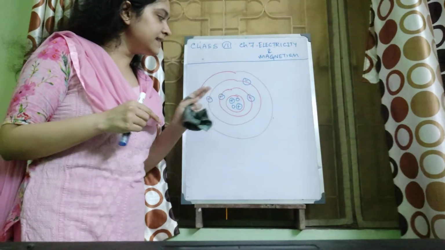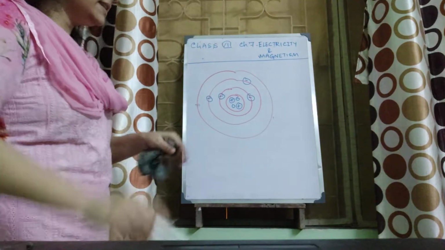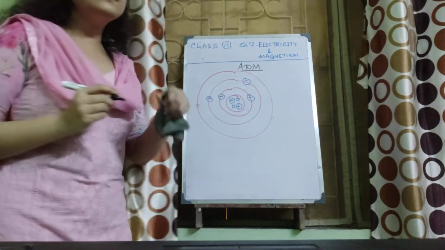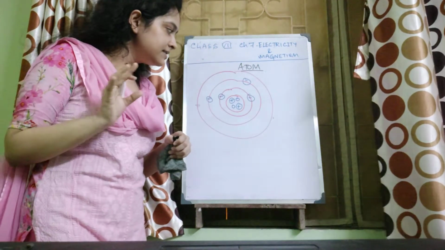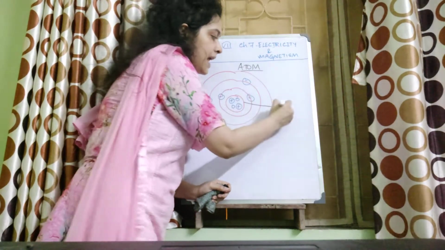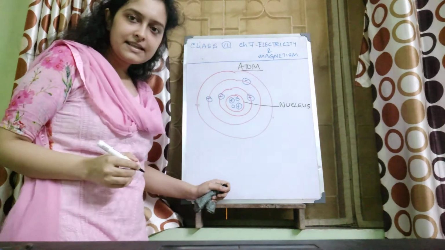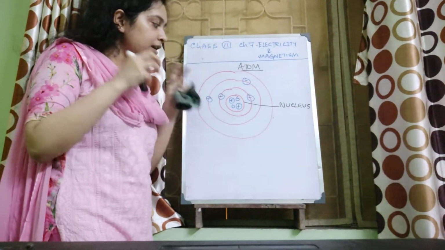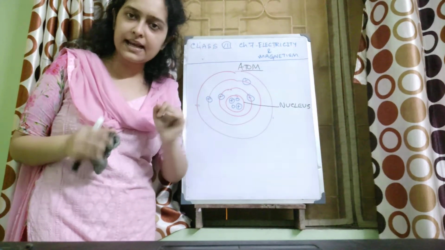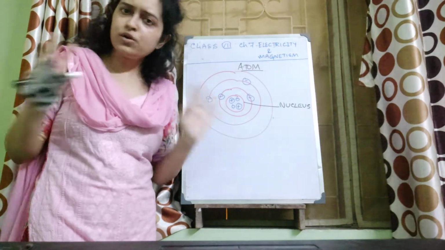Okay, so what is this that I have drawn? This is a structure of atom. You have read in chemistry, I think, structure of atom. What does it consist of? Atom consists of a central part, the central core part known as nucleus. Right? Nucleus. In the central core part of an atom, what are the particles which reside? Two types of particles. One, positively charged. Another, uncharged. No charge, that is.